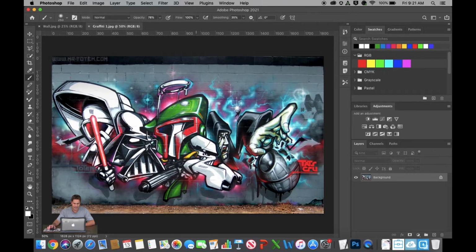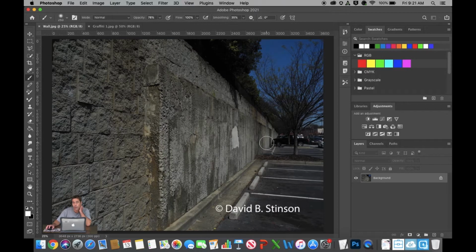Alright, so I have this image right here. It looks like somebody's a Darth Vader fan. You got Darth Vader, lightsaber. Looks like the Death Star. And on the other file, I have a wall. So what we're going to do here is use Vanishing Point like we did in the previous tutorial to create a vanishing point here. We're going to paste the graffiti inside, and then we're going to take a few more steps to kind of